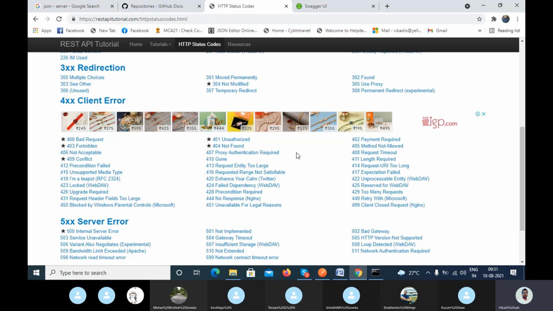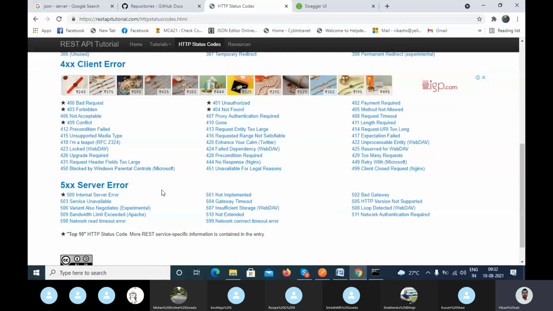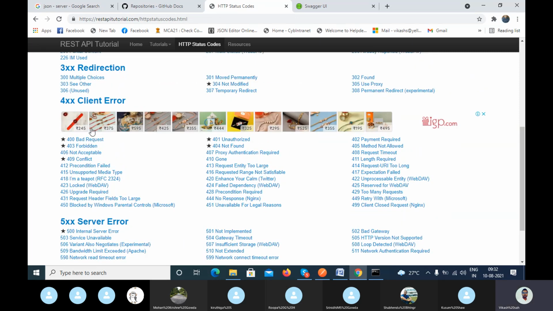They are asking the server: if data does not match, or the data is a bad request, or there is a data conflict, or someone is trying to access your data, then return a client error. They have written the code accordingly, and the server will understand accordingly. If anything is from the server side, like your server is down, or there is a network issue, or you apply load on the server and it crashes, that comes under the server error, right?